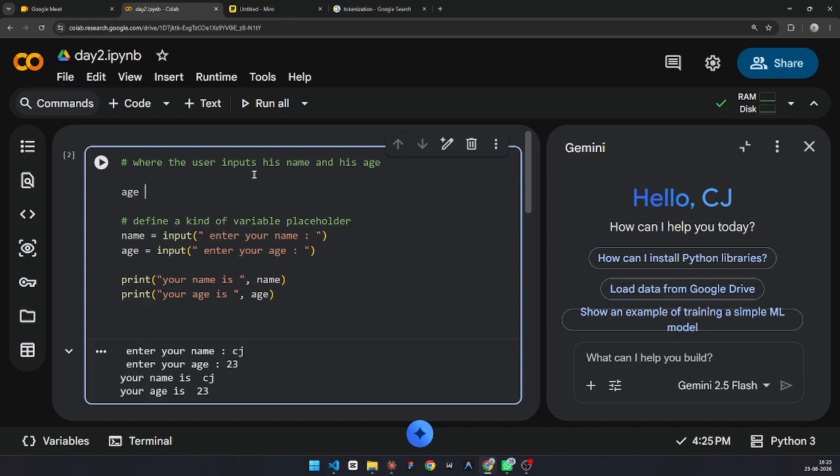Hashtag, age is an integer. So you can write it like this.